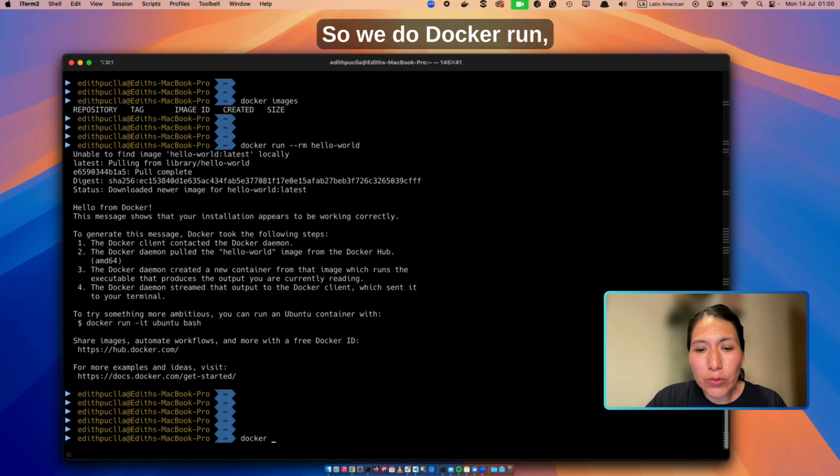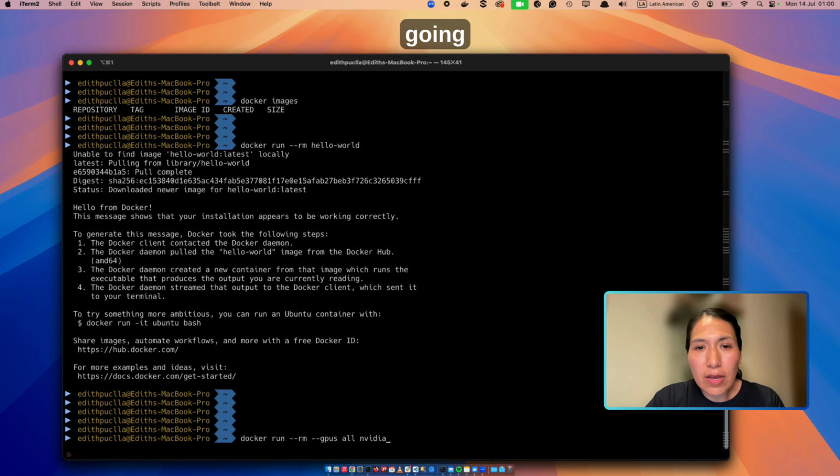So we run docker run --rm, with --gpus all, using nvidia/cuda 12.4.0 runtime,